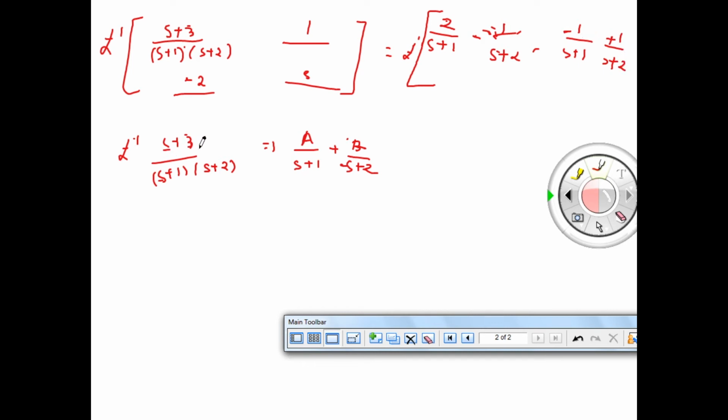Okay, third one will be getting minus 2. Over here we will be getting minus 2 upon s plus 1 plus 2 upon s plus 2, and the last one will be minus 1, not 1, and the last one we will be getting, it will be minus 2 only,